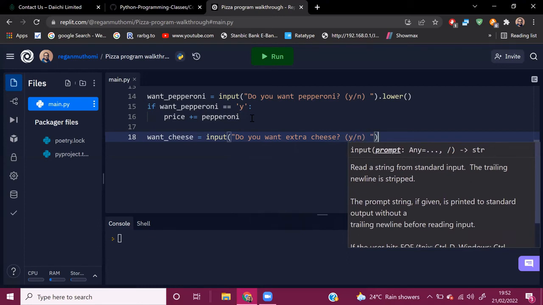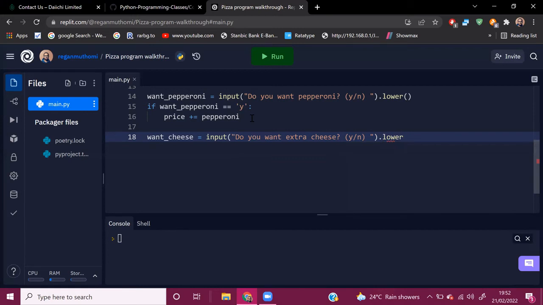Then we're going to change these to lowercase as well, just in case the user enters a capital or uppercase Y or uppercase N. And then we're going to repeat the same. We're going to say if want cheese is equals to Y, or is equals to yes,